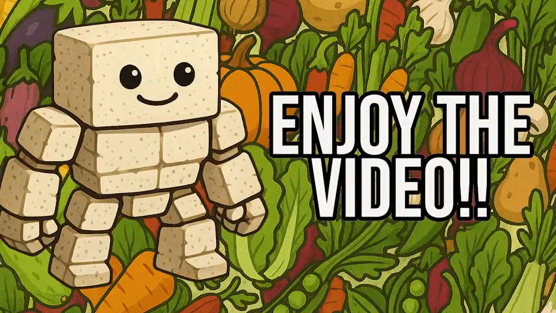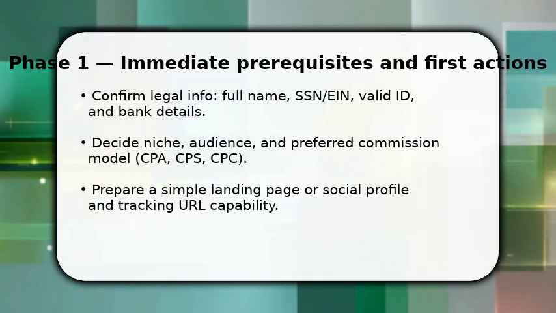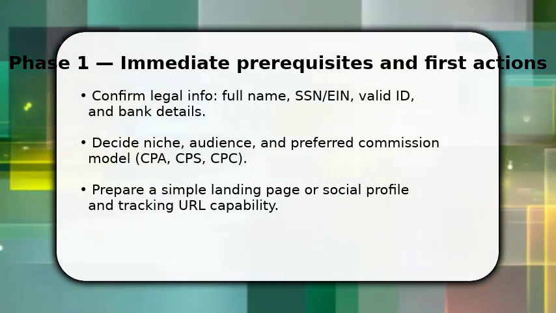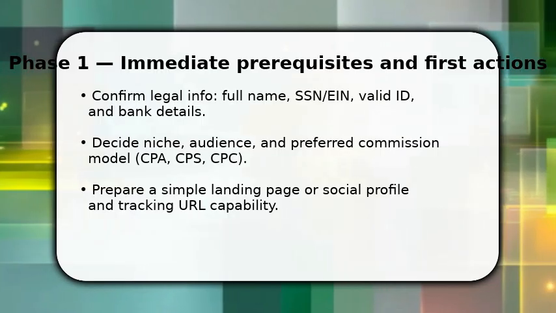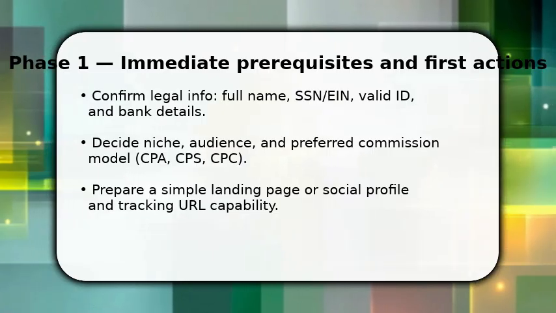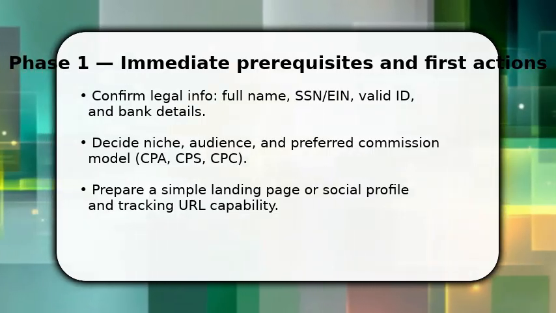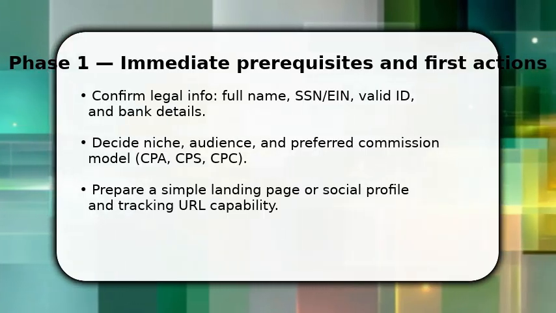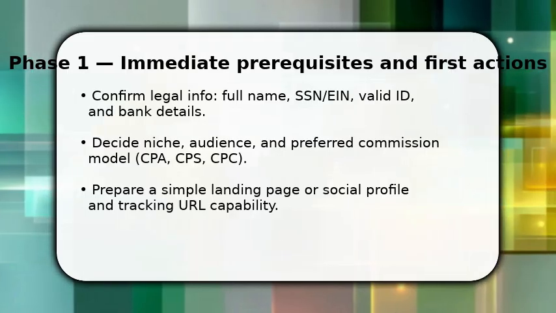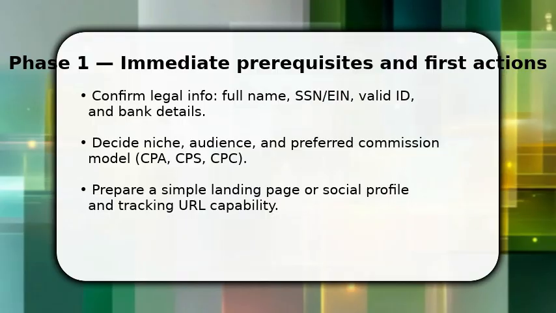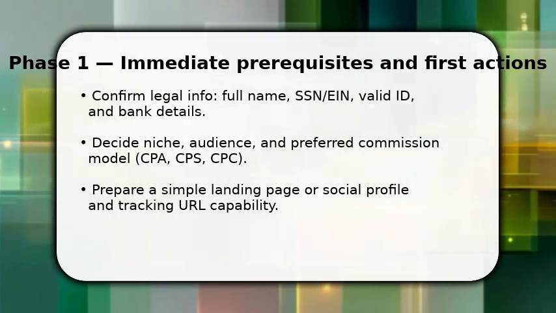Please enjoy the video. You start by gathering legal and payment essentials. That speeds approval. Once done, pick a niche and commission model so you attract matching programs. Make sure to have a simple landing page or active social profile ready. Networks check quality. Then, create or enable a tracking URL and clear disclosure text for affiliates. This prevents rejection. Finally, choose 2 to 3 networks to apply to immediately so you can compare offers and onboarding